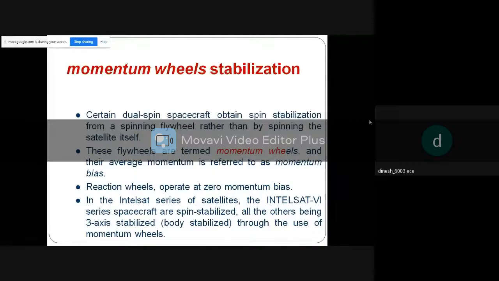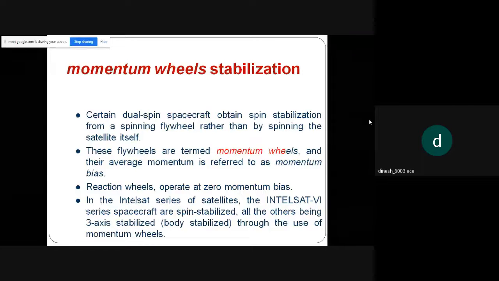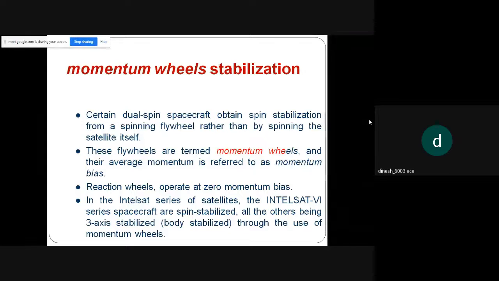So these flywheels are termed momentum wheels, and the average momentum is referred to as momentum bias. So this momentum bias operates at 0,